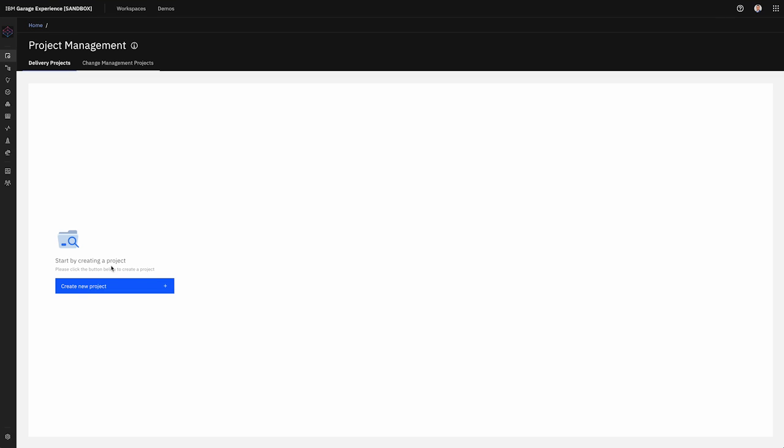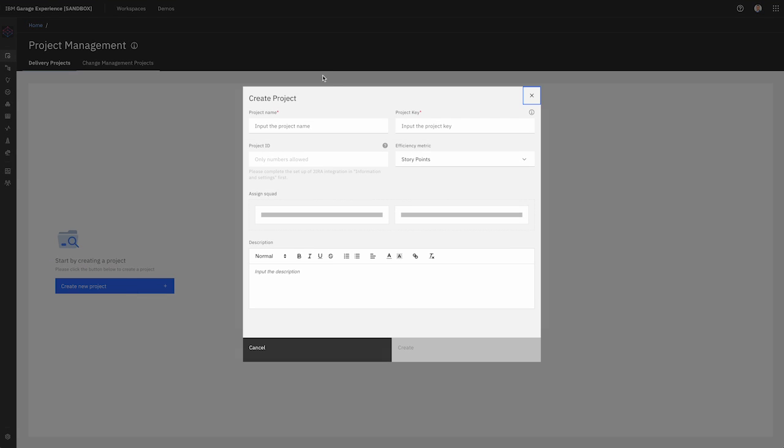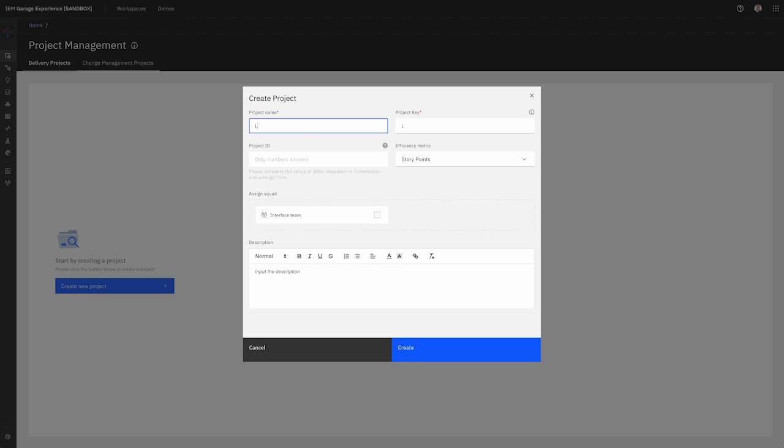Let's start by creating a project. Let's call our project Life Insurance Project 1. Or let's call it Project Insurance Local. And I'll explain that in IGX, there are 3 different models of using the platform. One is using local project management within the tool itself. And for this one,